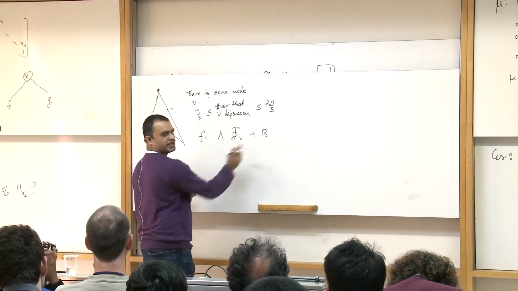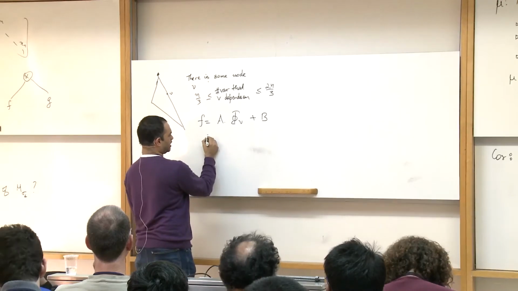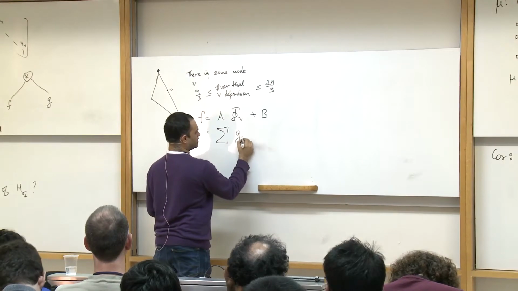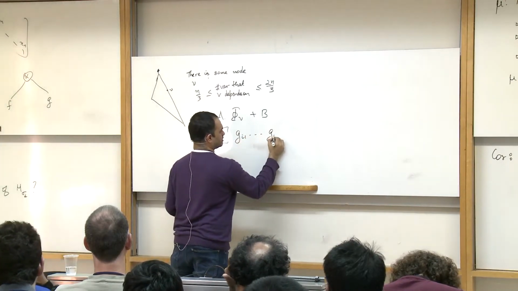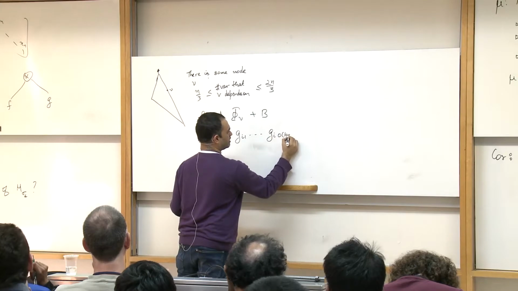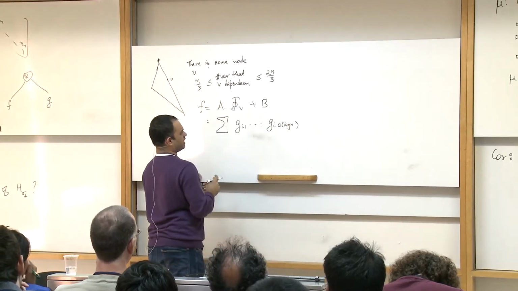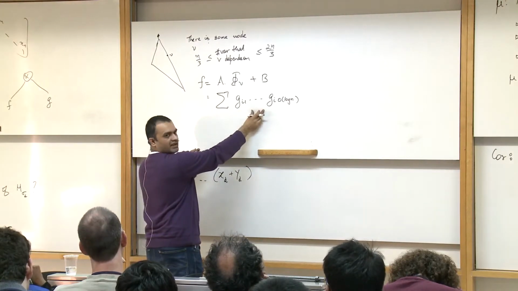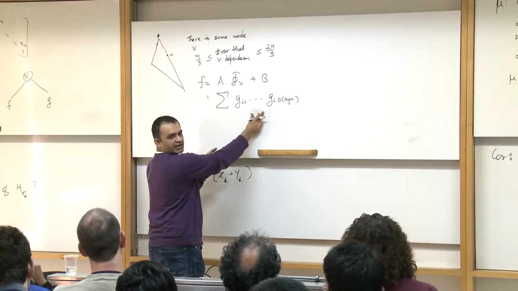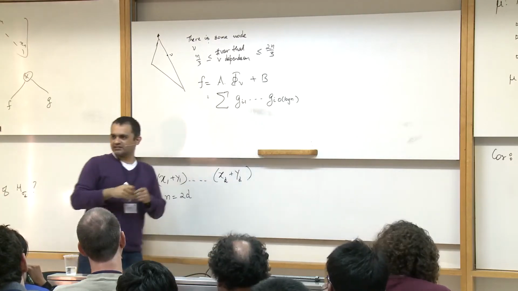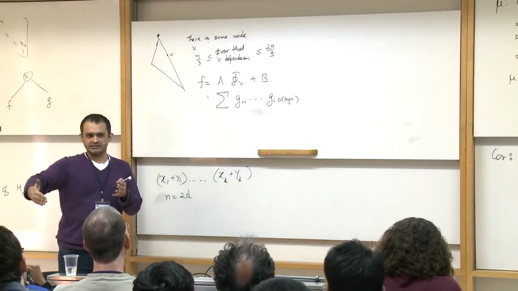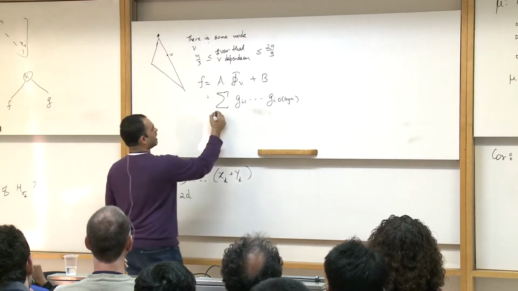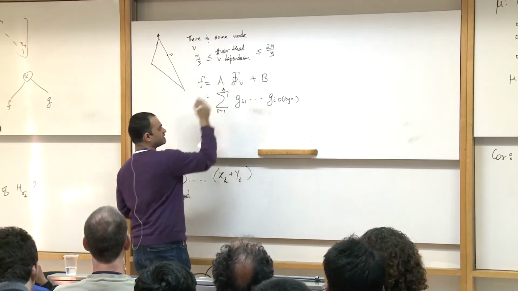Now you do induction on V and B. So you will end up with something very similar to what we saw last time, something like g_i1 through g_i order log n, where this guy depends on something like between 1/3 and 2/3 n. This guy will depend on something like 1/9 and 4/9 n, and so on. So the number of variables that each g_i depends on is going to geometrically decrease. And the supports are still going to be disjoint and everything. And the number of summands is the size of the polynomial.